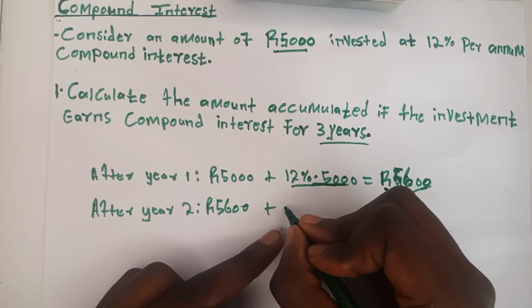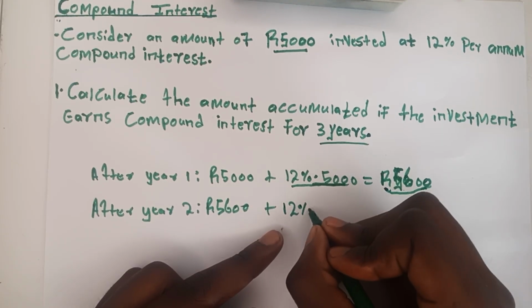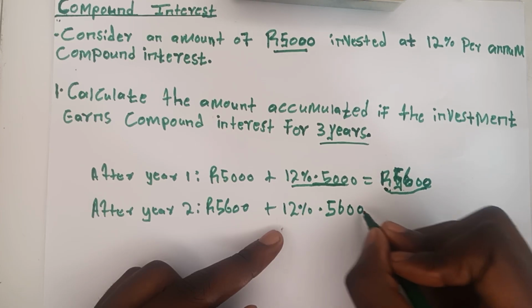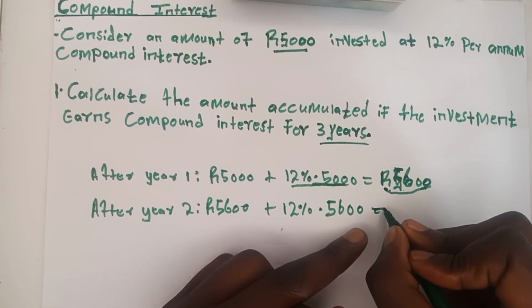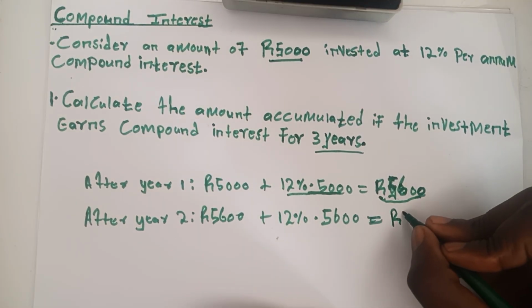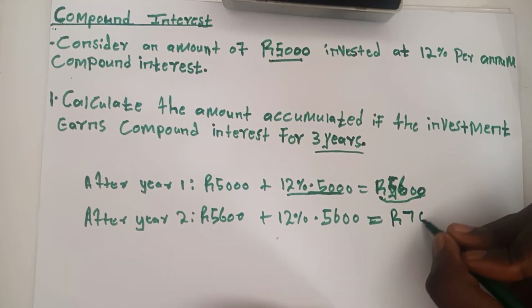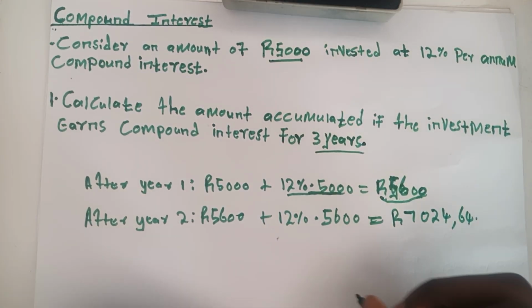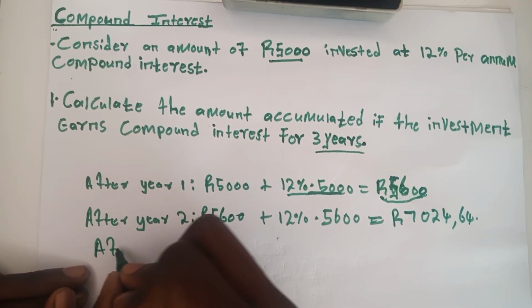So we are going to do 12% multiplied by 5,600, and then for year two, 7,024 rand 0.64. And then after year three,